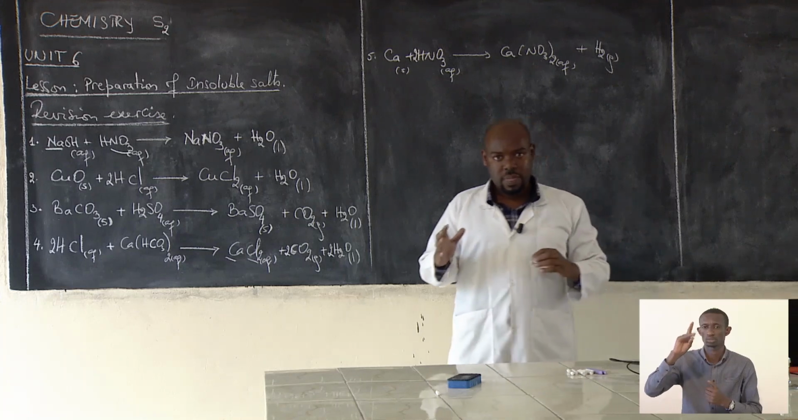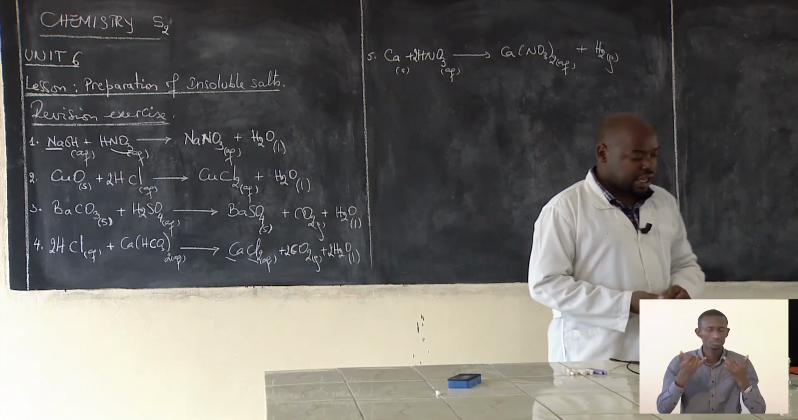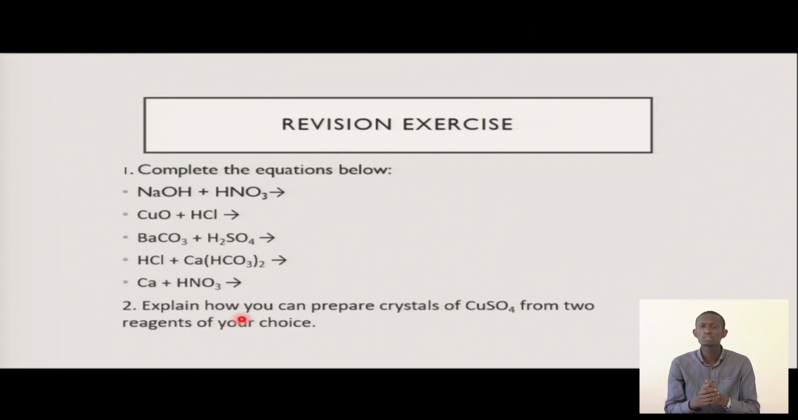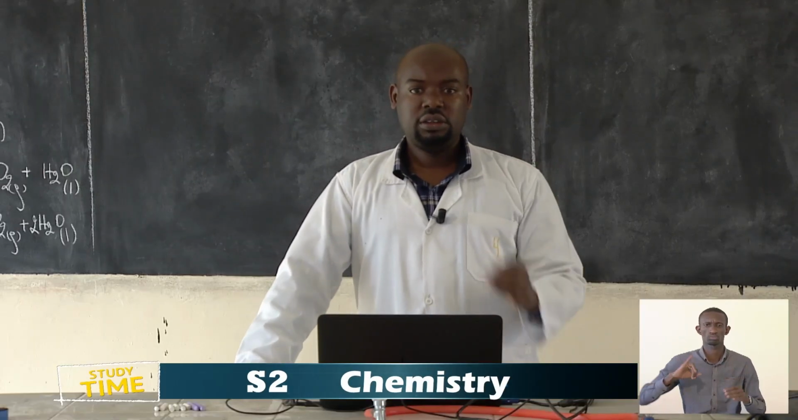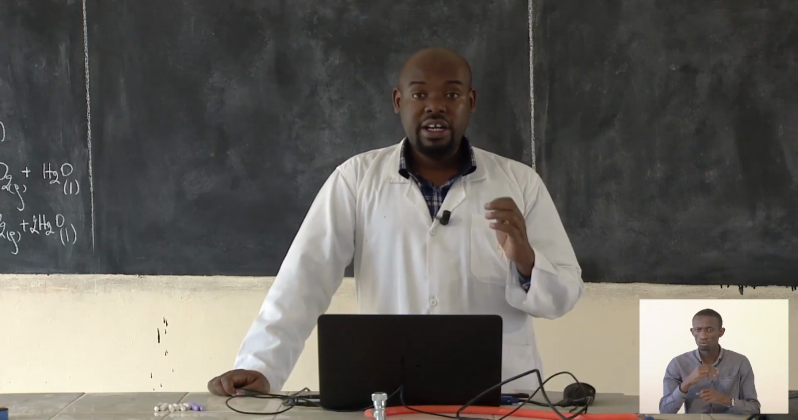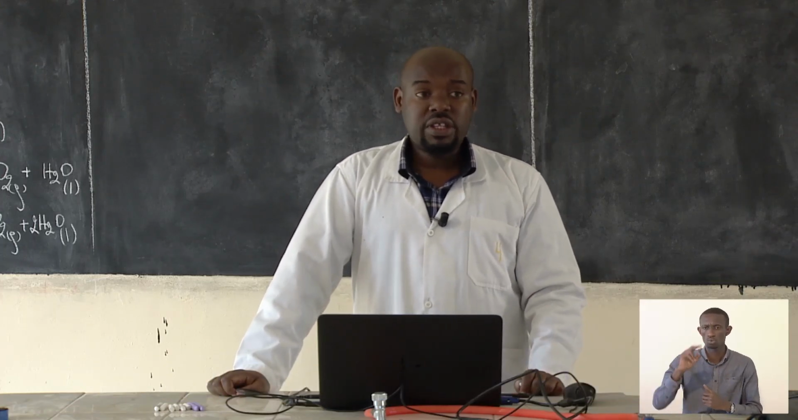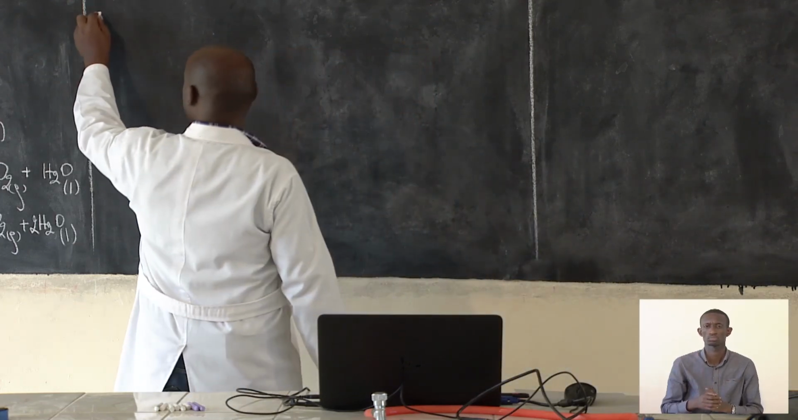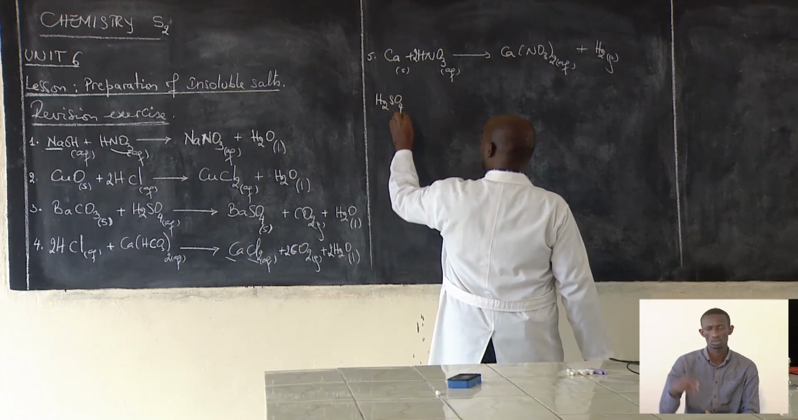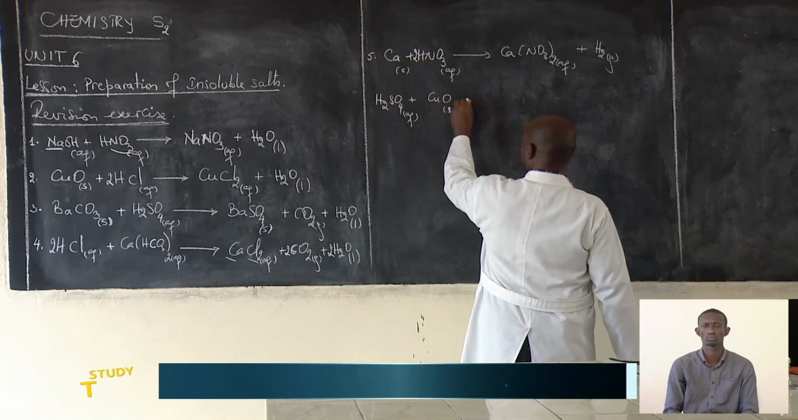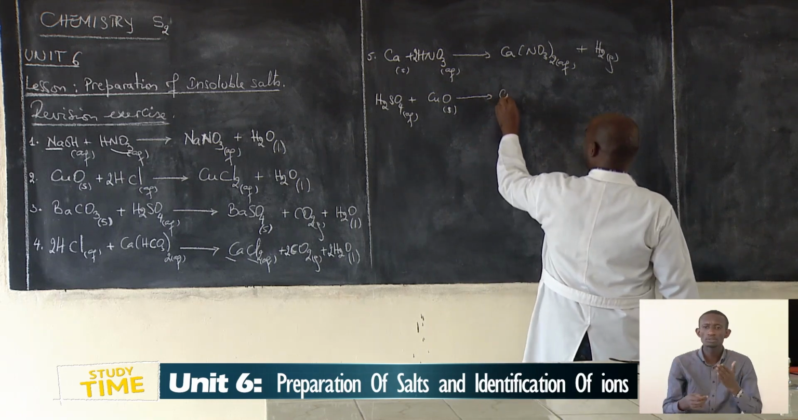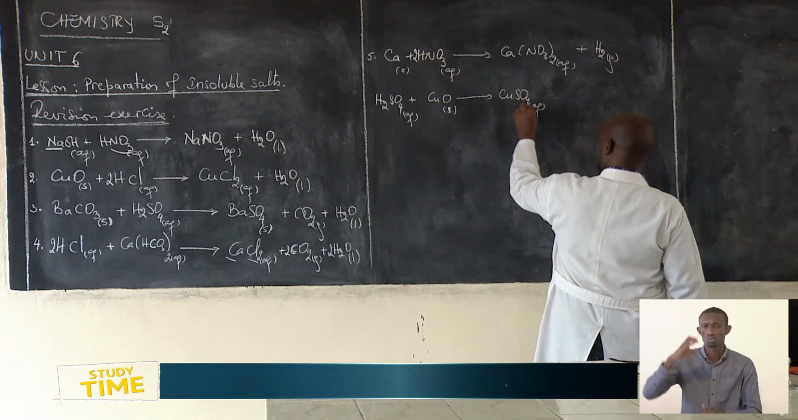is involved. Okay? Now, the second question is asking to explain how we prepare crystals of copper sulfate from any two reagents of our choice. So we need a substance to give us copper and another one to give us the sulfate ion. Let us use H2SO4, and it reacts with copper oxide. What do we get? We get copper sulfate and